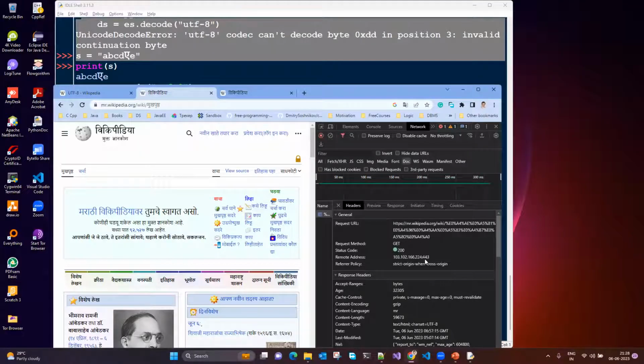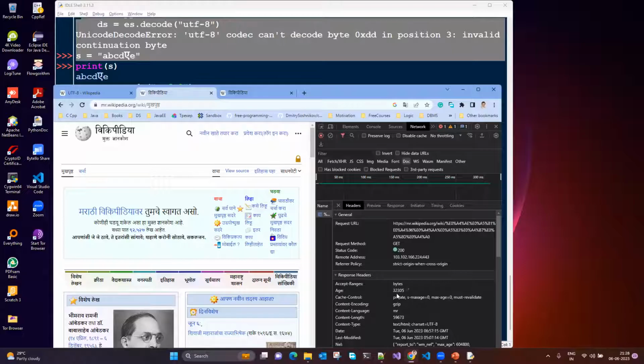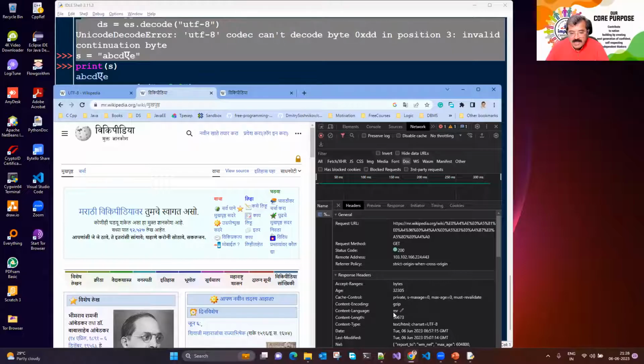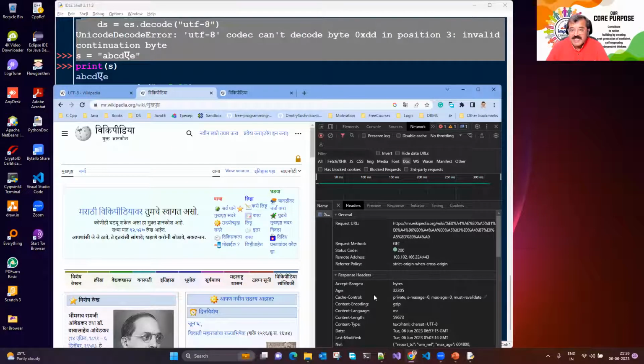https://mr.wikipedia.org/wiki/ can you see that? ये एनकोडेड फॉर्मेट में आ गया। इसके आगे ये बताएगा एक्सेप्ट रेंज, कौन से टाइप का डेटा आ रहा है आपके पास, बाइट्स। बाइट्स आ रहा है। लैंग्वेज कौन सा है, तो mr। ये देखो कैरेक्टर सेट कौन सा है, can you see that? क्या दिया है, UTF-8। इसे हम लोग कहते हैं हेडर मेटा डेटा।